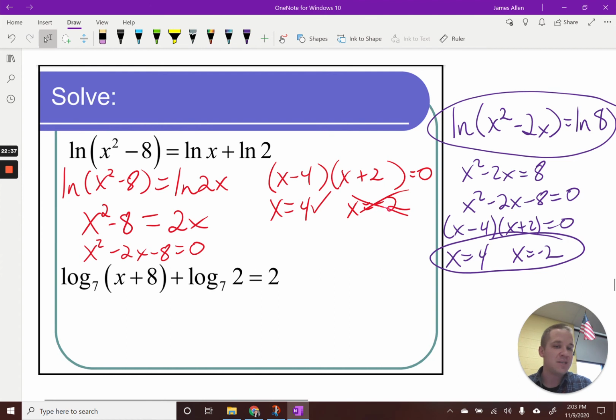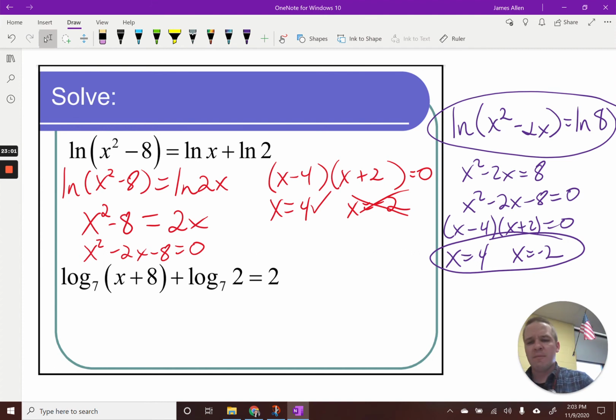It's not about whether or not the x is negative like it was here, and this one was positive. A lot of times it does work out that way, but the x can be negative and still work in the original problem. It's about the argument being 0 or greater than 0, not the x value being greater than 0. Okay? Sorry, I took a little bit of time to do that, but I think it's very important and hopefully will